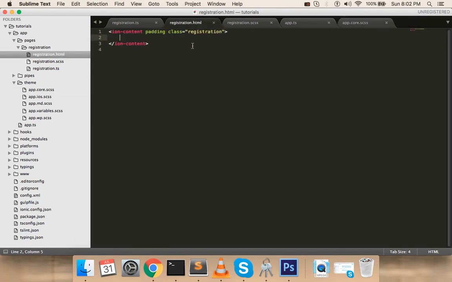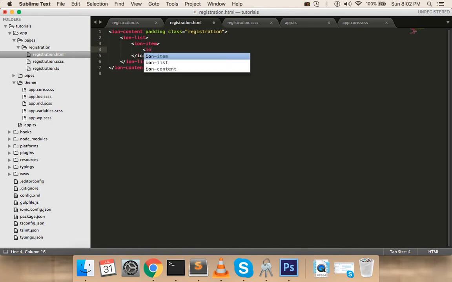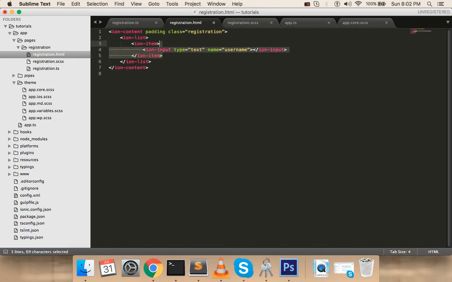So I'll open the HTML page over here. I'll first type in ion-list, and then I'll close that. Okay. Now inside ion-list, I'll do an ion-item. Now one ion-item is going to have an ion-input, and this is of type text. This is basically for getting the username, and name is equal to username, and I'll close this. I'll just copy this and paste it over here, and this is going to be type password, and this